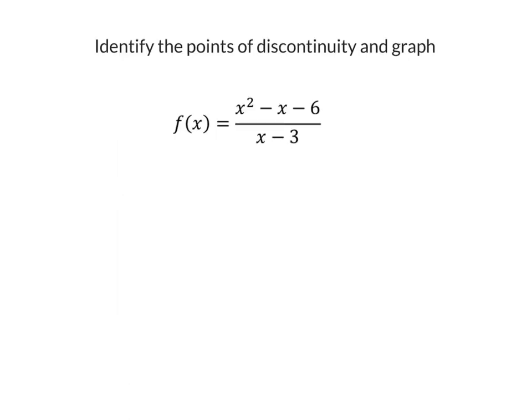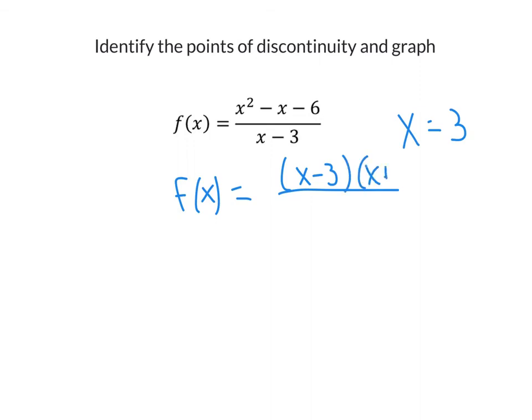If we take a look at this one, identify the points of discontinuity. So right away you might think that we have a vertical asymptote at x equals 3. There's clearly a domain error there. We're not allowed to plug in 3. It would make our denominator 0. But if we do a little bit of algebra and factor our numerator,